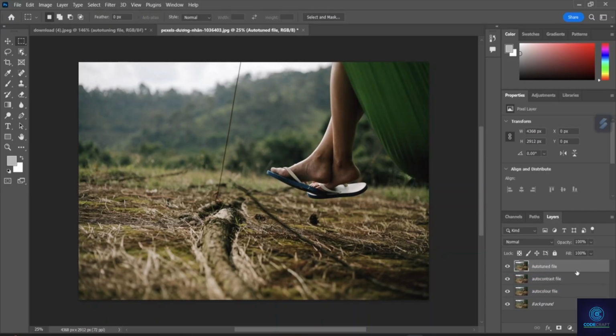Okay. So you guys might be thinking the auto tune file is looking great. And for me, I don't want you guys to get the idea that the auto tune file always looks better. Okay, it depends on picture to picture. And here the auto color file is also looking great. Okay, so if I just unview this, here you can see the coloring is quite great in the auto coloring